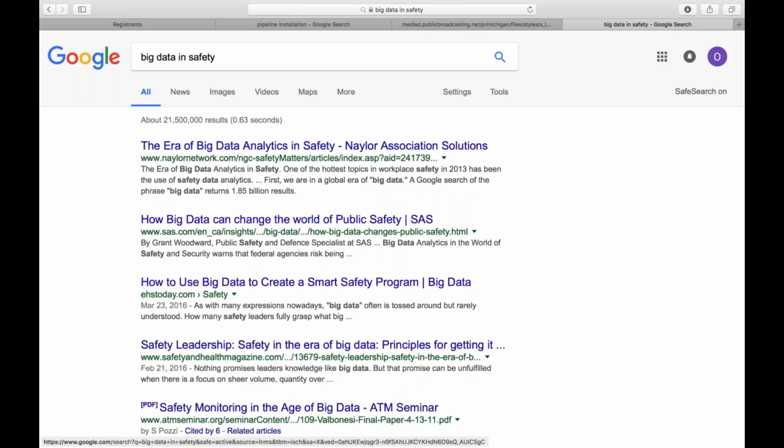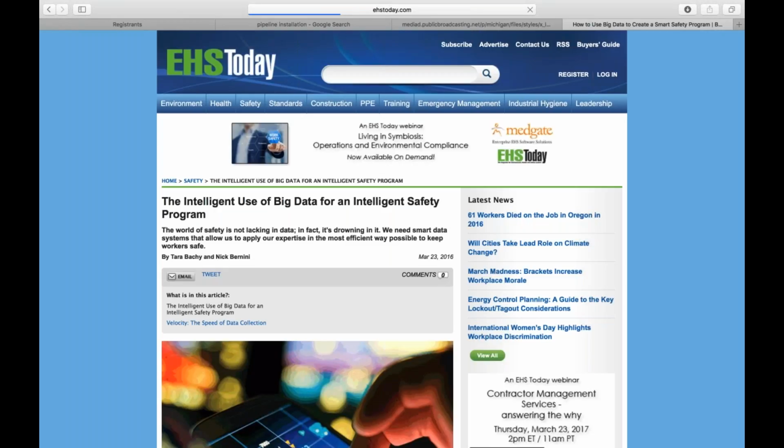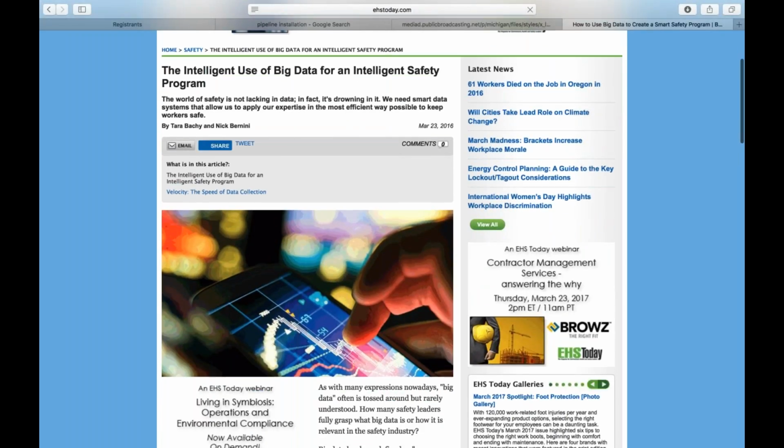Big data is often a big part of human resources, and now it's being used in the safety field as well. Basically, big data, what are we talking about? We're talking about a collection of information, right? We're talking about collecting that data, because if we gather the correct information